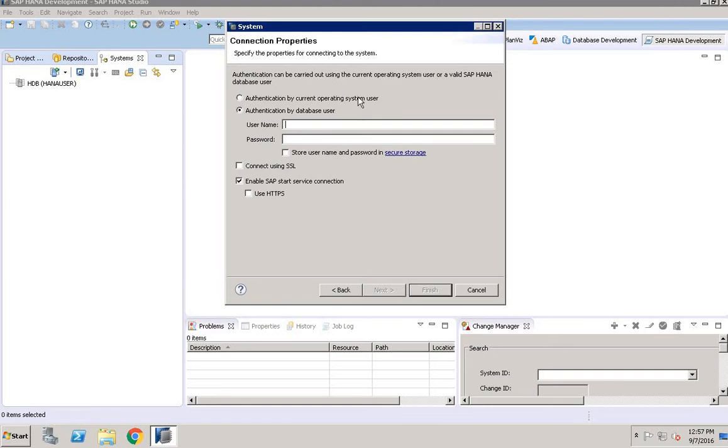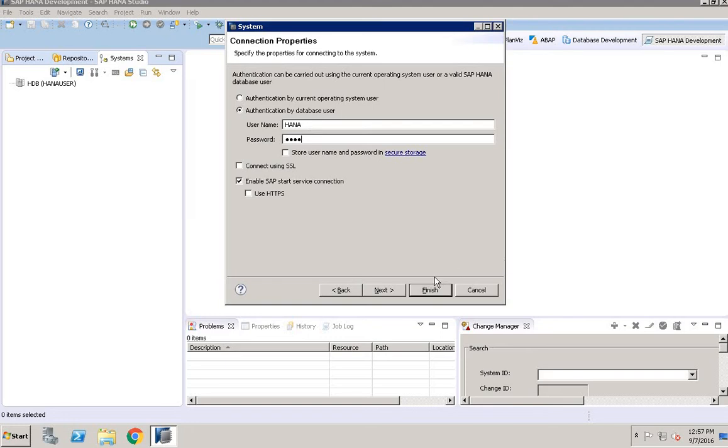If all these cases are true, then I can log in via the current operating system user. There are a lot of scenarios where we need to log into other systems where we have not actually logged in. We can log into any system if we have our username and password with us. So we'll give our username and password